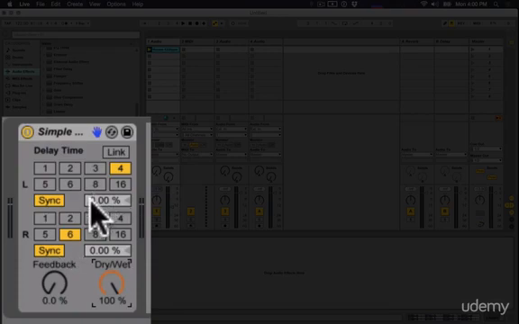Now, let's think about that for a second. What that means is that our initial signal, we're not going to hear it. We're only going to hear the delay of that signal. Which means if I set, so right here I have a setting for the delay time of the left channel and the right channel. If I set them to be the same, and then I launch that clip,